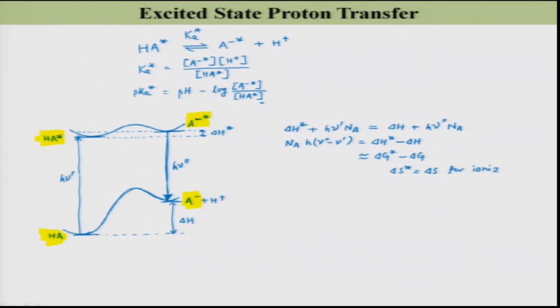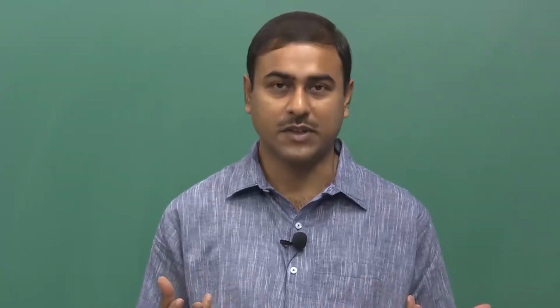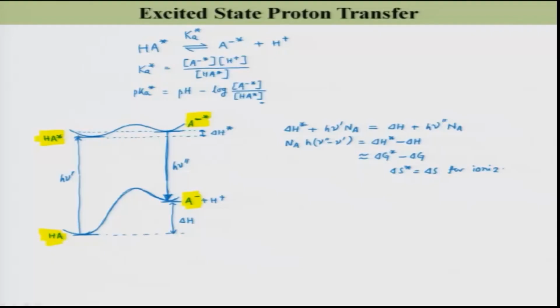It is just whether the ionization is taking place in the ground state or in the excited state, the change in entropy should be similar, it should not be very different, right? So, ionization,